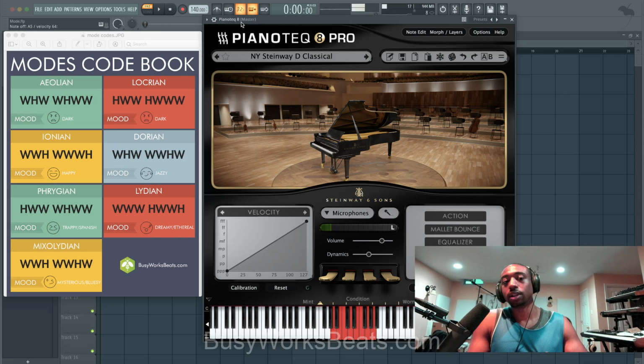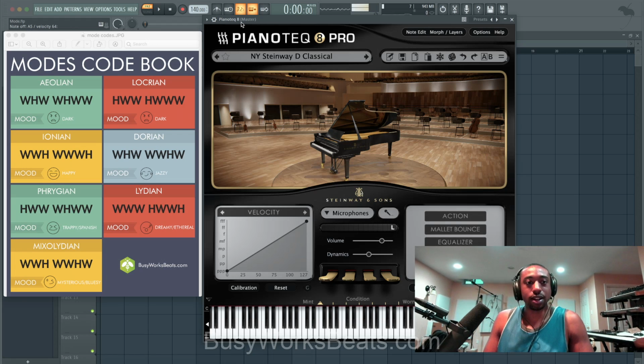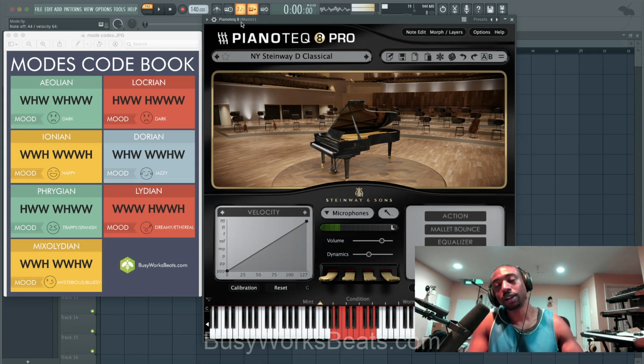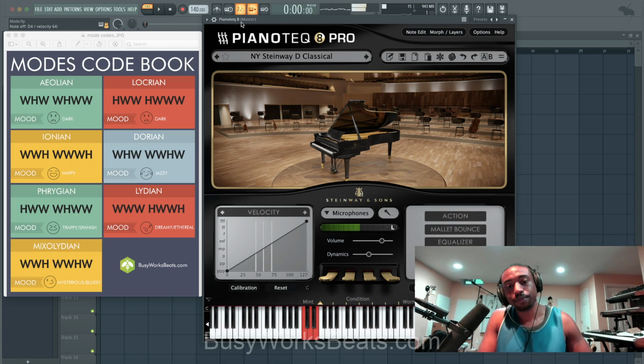The way I remember it, and you've got to remember a lot of this stuff is from a different language, so don't get too caught up in this way of doing it the way I do it. But the way I remember it is that A sounds like Aeolian because it starts with the letter A. Okay, so Aeolian starts with the letter A. Kind of basic, it's a very skewed, biased approach, but that's something that helps me remember the specific mode that goes with it. And so again, these modes are created from